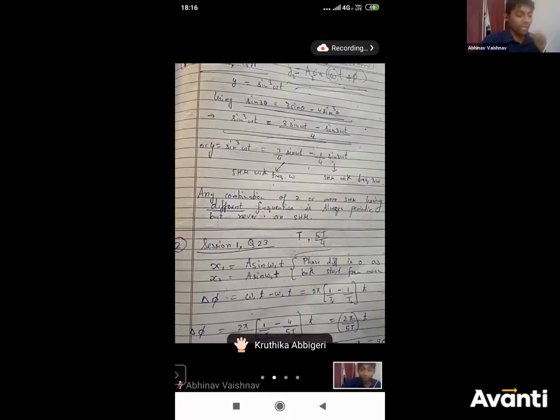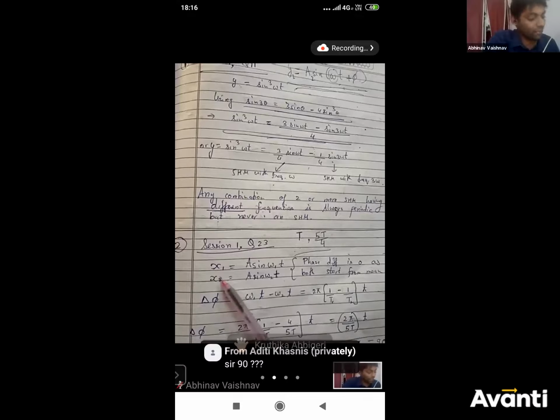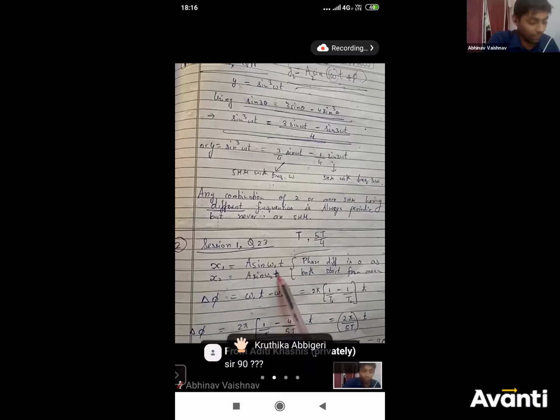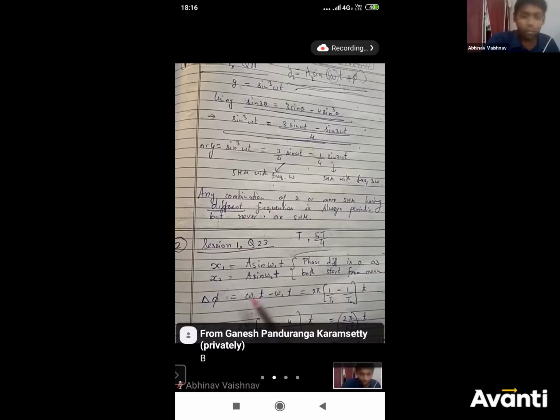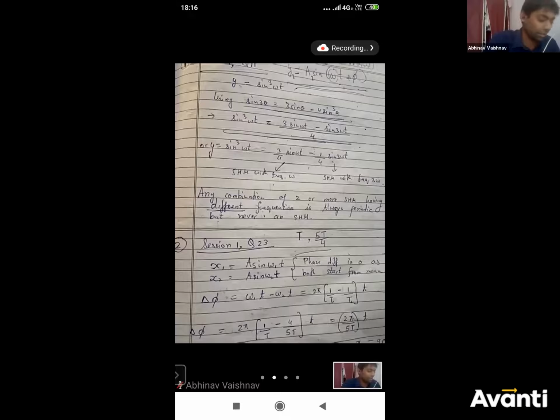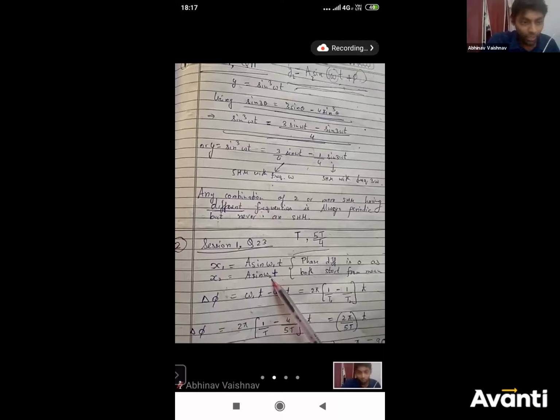So be careful here, because until now whatever phase difference you have found, the SHMs had the same omega, the same time period. But here the question is asking the phase difference between two SHMs having different time periods or different omega. All right, ठीक है. So let's quickly write the function first of all. तो पहले वाले का function क्या हो जाएगा? x1 is A sin omega 1 t, the first SHM. Second one is A sin omega 2 t. Amplitude might be same or different, that does not matter. But the frequencies are different, omega 1, omega 2.